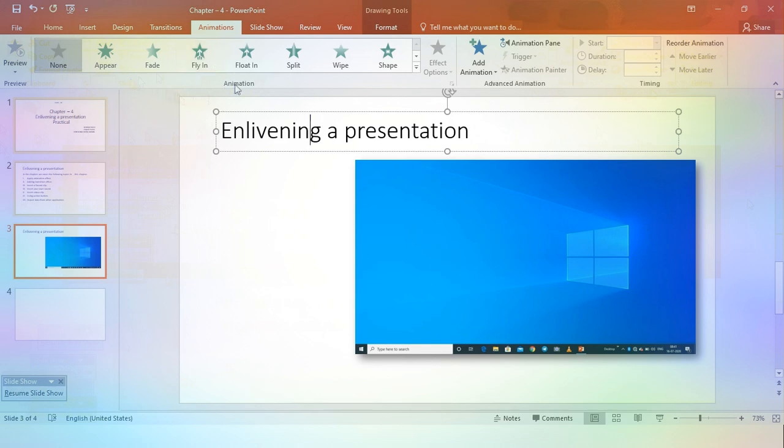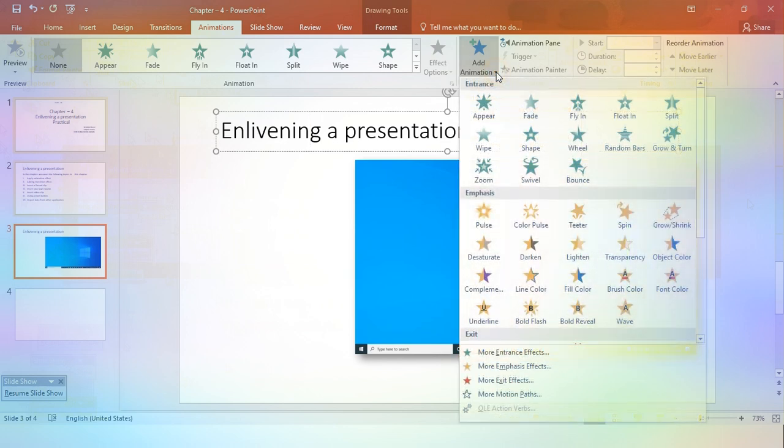The difference between animation and advanced animation is that in the animation group you see only a few of the animation types. But if you click on Add Animation, you can see the entire set of items this group contains.